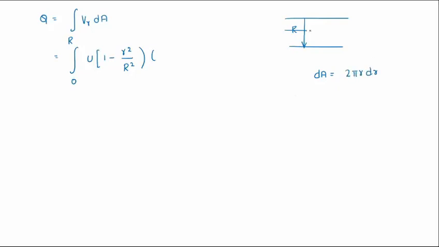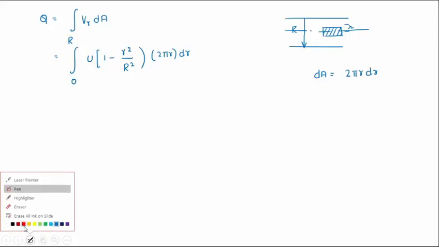In the derivation of a laminar flow velocity distribution, we take a small element of fluid at a radius of r. This is the condition, right? You people will be very familiar with this. When I take the area of this small fluid element, it will be 2 pi r dr. dA is written as 2 pi r dr.